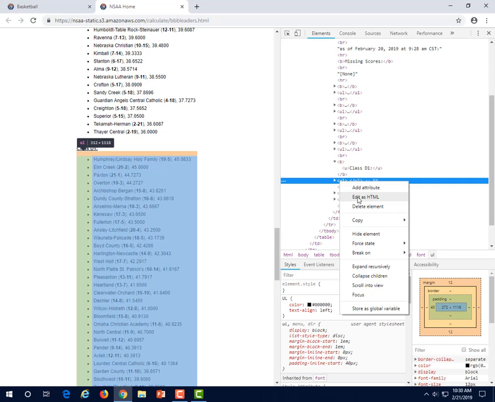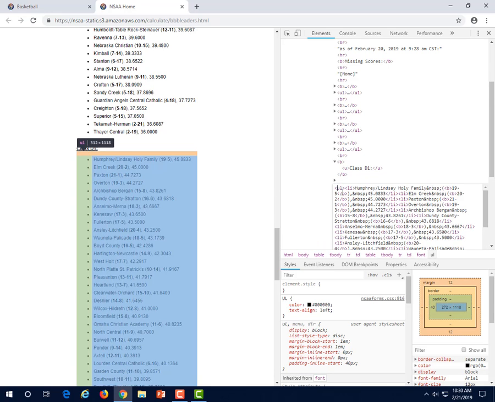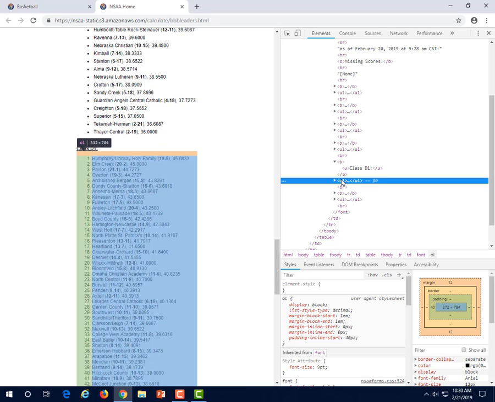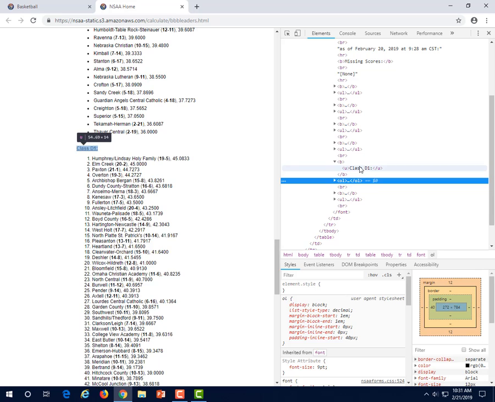Right-click on that, go to Edit as HTML, change that U to an O, and suddenly now we have numbers listing out our things here. Way more handy in my opinion. Now if you're going to print this, that could be just enough, but if you're going to print this,